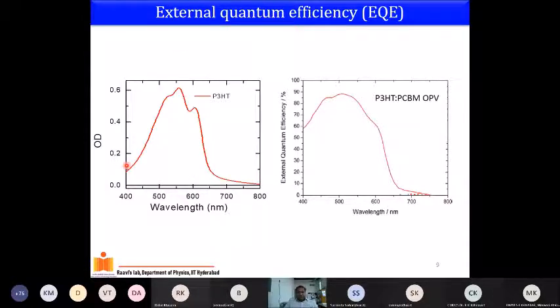If you look at it, this is the absorption of your P3HT with a maximum at 510, 530, and you see this EQE. You have the EQE, which follows almost that of the absorption property of your polymer. Okay, one small thing which you should also keep in mind is that this is showing a higher EQE when it goes to the UV.